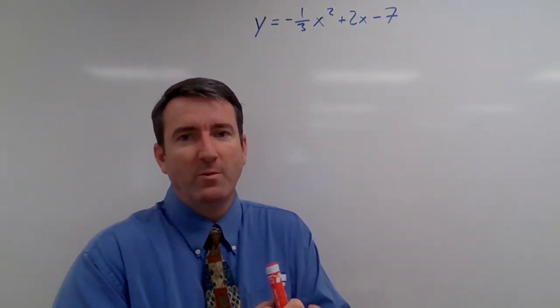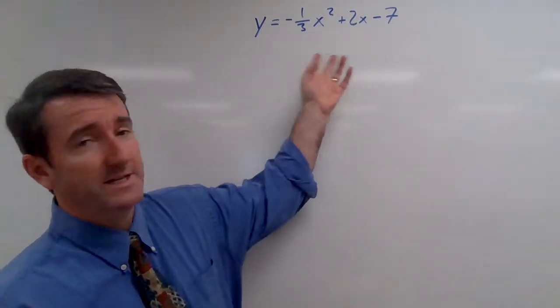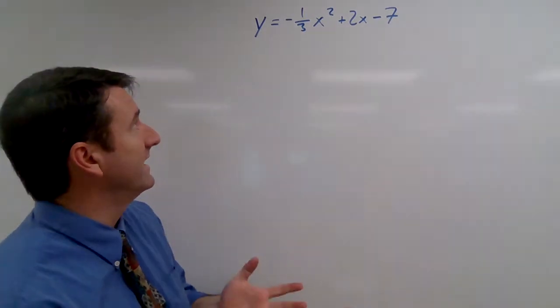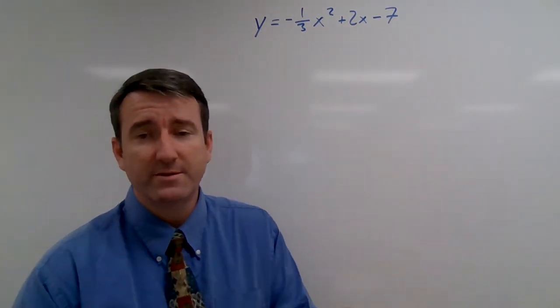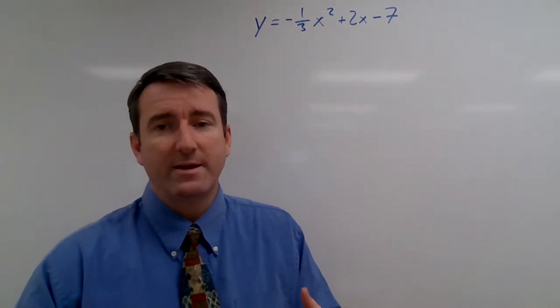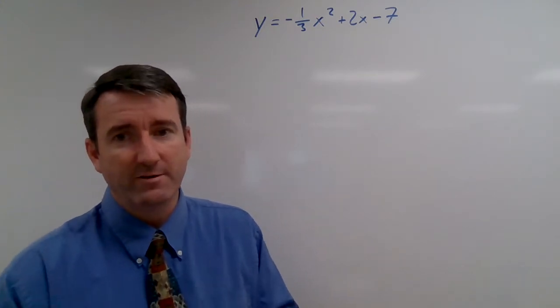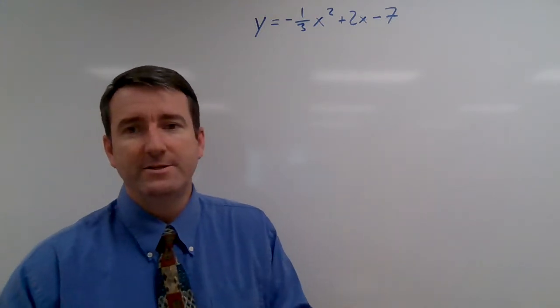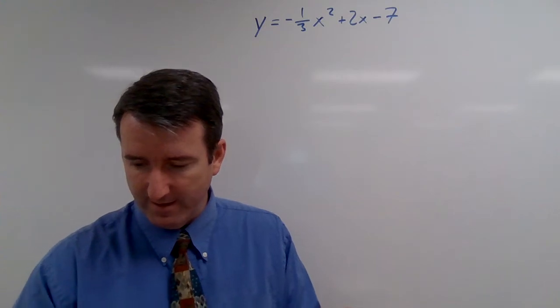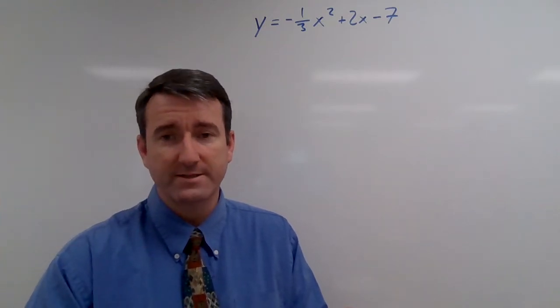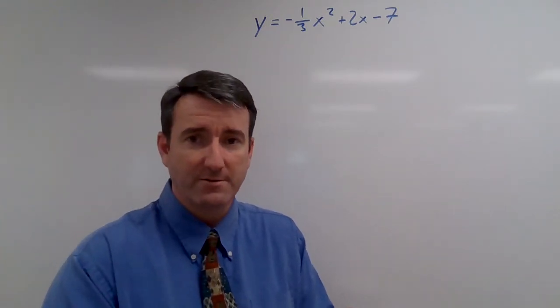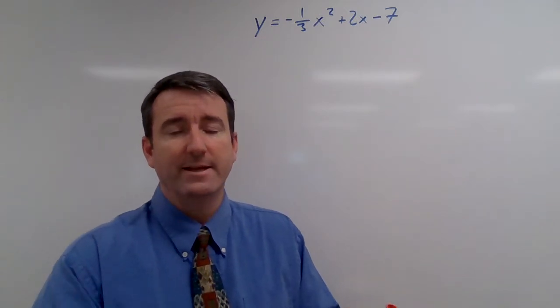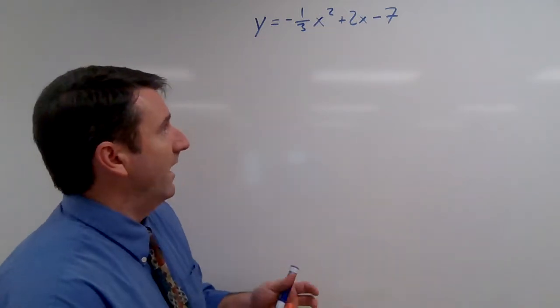All right, for this problem, we are given this equation of a parabola, y equals negative 1/3 x squared plus 2x minus 7. And we're asked to put this into standard form and then to find the vertex, focus, axis of symmetry, and directrix for the parabola, and then to sketch the graph. All right, so